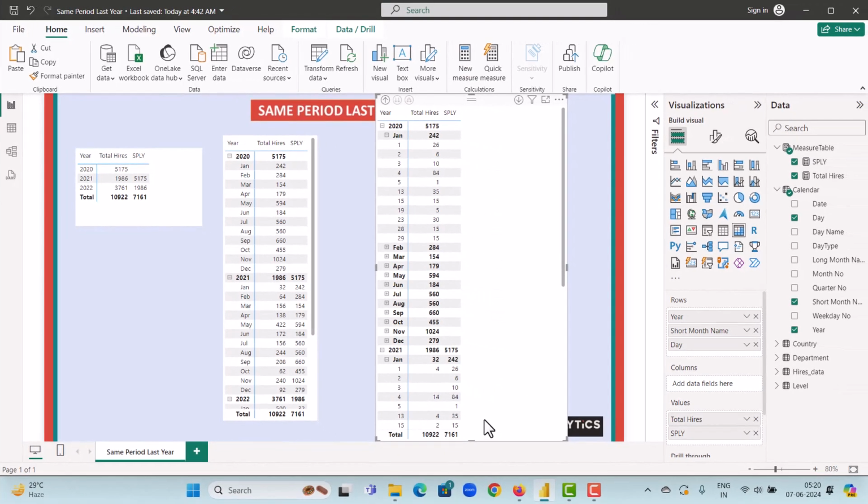So this was a deeper understanding of all these 3 visuals where we are seeing the same period last year function and the current period. You can use this function to compare both these years. So if you want to find the difference between the years, see which year has the higher hires, or do any kind of functioning on this particular measure. So same period last year,